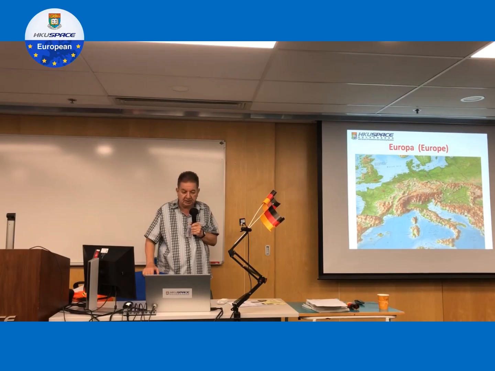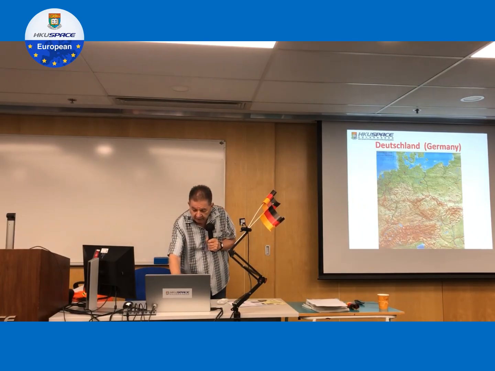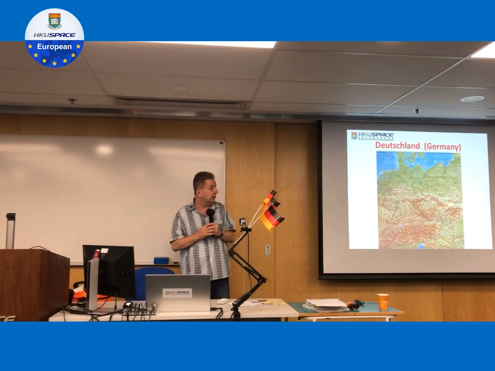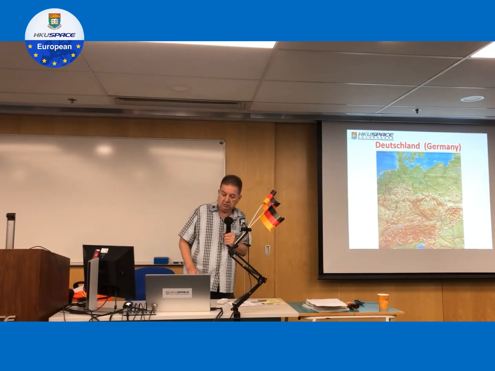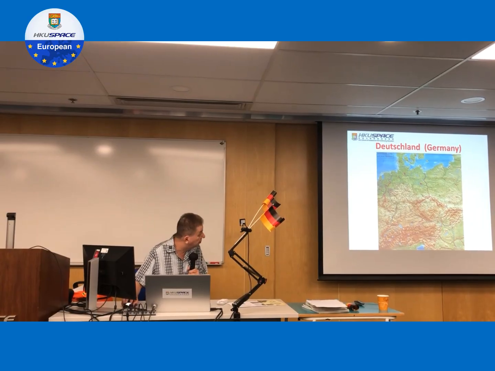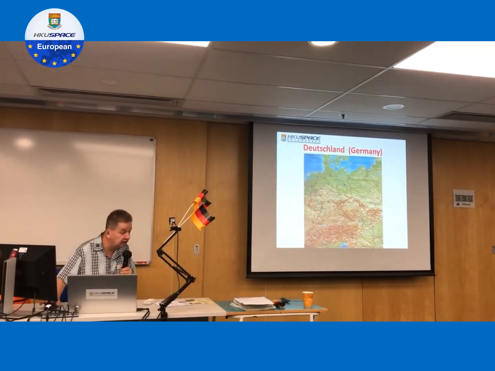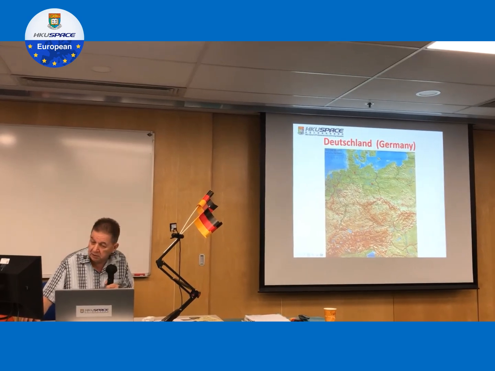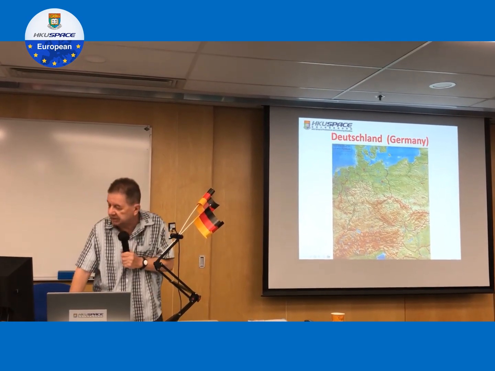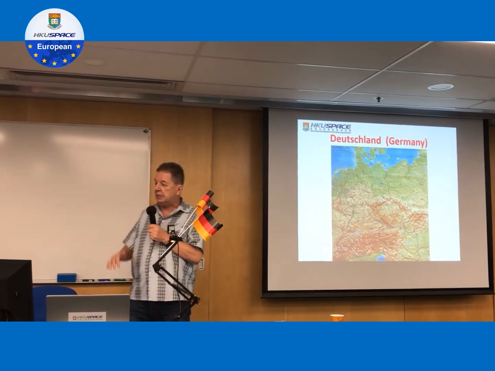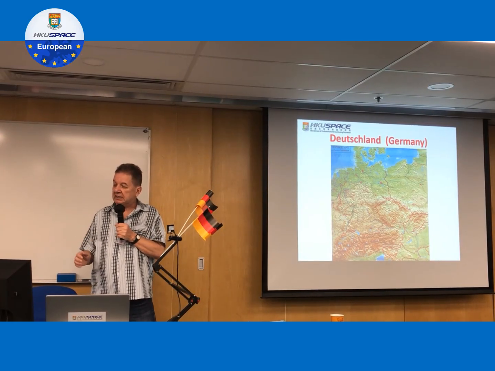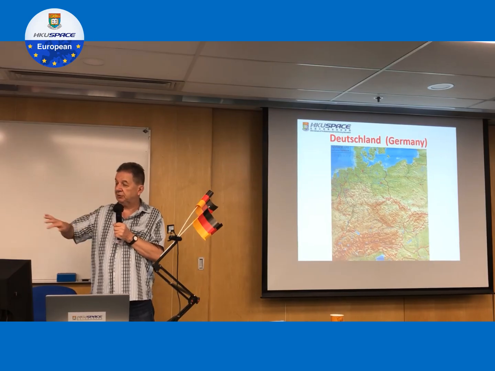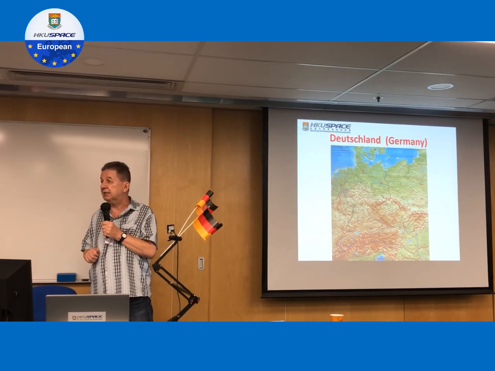Okay, so that is just Europe as a whole. Let's go to the next page here. So this is Germany again. We see the Alps in the south. Oh, it just does not show on the PowerPoint when I move this here. Does it show here? Yes. Okay, so the Alps in the south, the hilly area further up, and then in the north we have two coasts. One on the left-hand side is the North Sea, and on the right-hand side is the Baltic Sea. Right-hand side means east of Denmark.